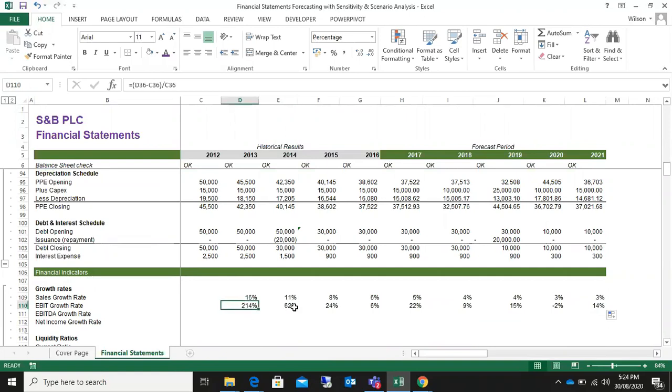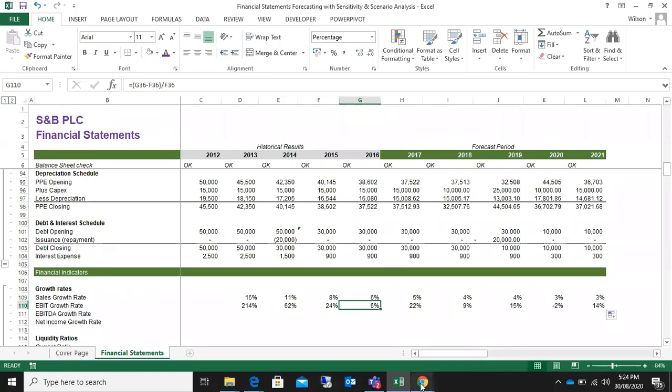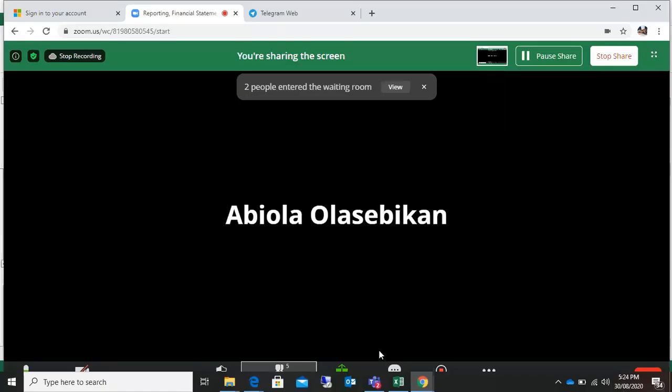It dropped in 2014, further dropped in 2015, and dropped in 2016. It went up between 2016, the last financial year ending, and the forecast of 2017. It went up in the